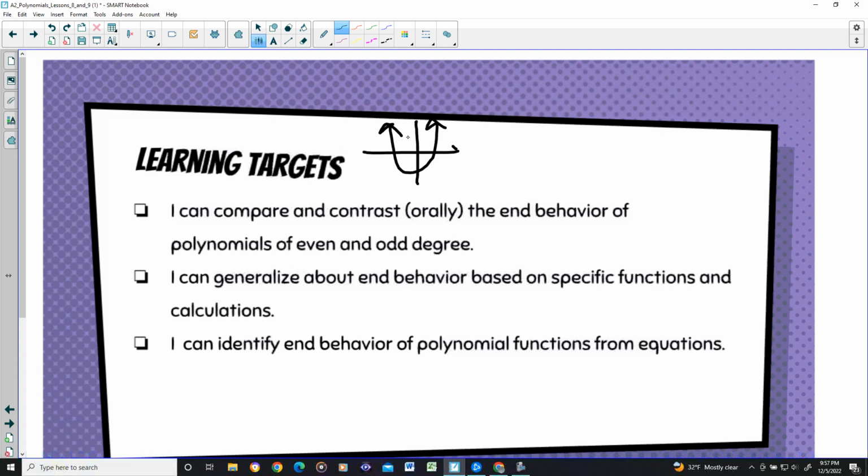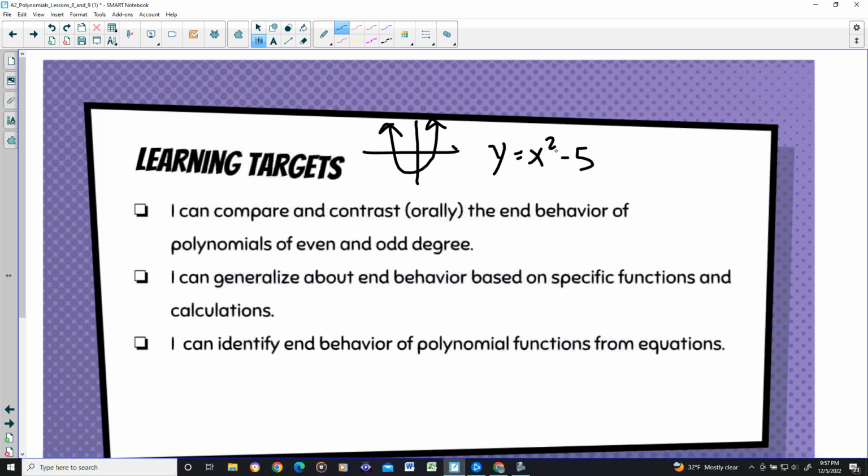But where do those two ends go? That study is called end behavior. And what we understand is that for a parabola, those lines are going to go up forever because, especially as x increases, y will increase. Like if you were to take a function like y equals x squared minus 5, the higher x gets, the higher y gets,